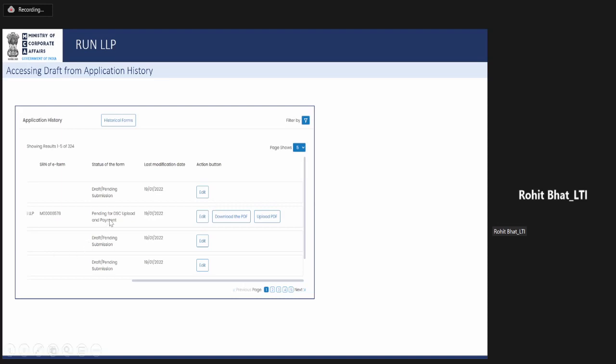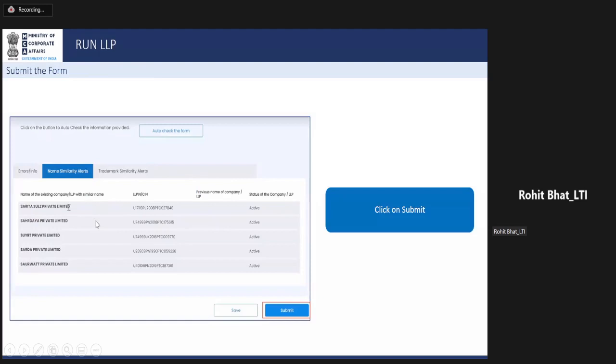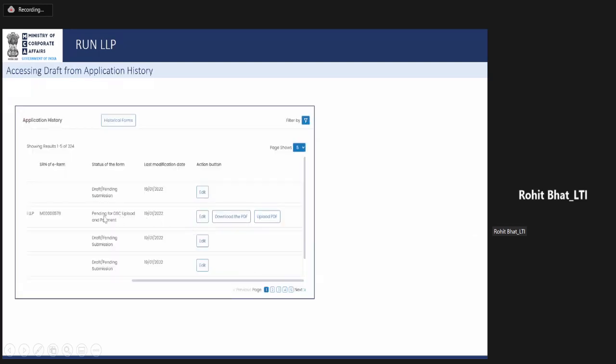Once your form is complete and you click on submit, you get the download of those forms in the form of PDF for DSC upload. In that case, if your form is done and you had already downloaded the PDF, however the DSC affixation is yet to be done, you get the option to edit the form also, download the PDF again, and then you can directly go to upload the form as well. You need not download and affix the PDF. Once it is already downloaded, you can directly affix the DSCs and upload from here. So these are the additional facilities the users get in the application history.